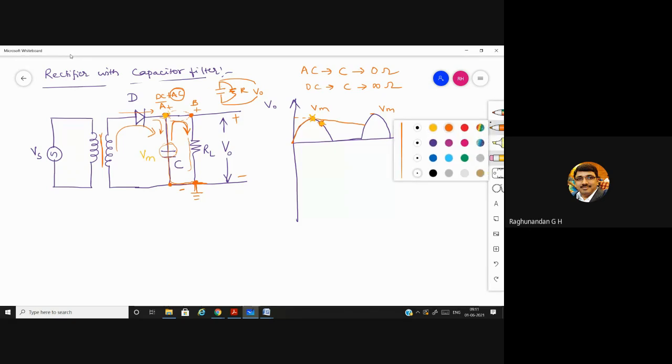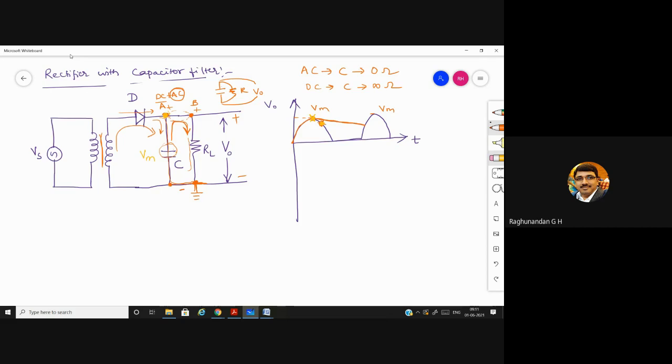So once the capacitor is at higher potential, after that the capacitor starts discharging. Now the voltage across the capacitor starts going down. So the energy will be released, the charges will be released, and that current will be flowing through RL. And the voltage discharge from the capacitor will go like this, and it will go towards the zero reference line. That means zero voltage.